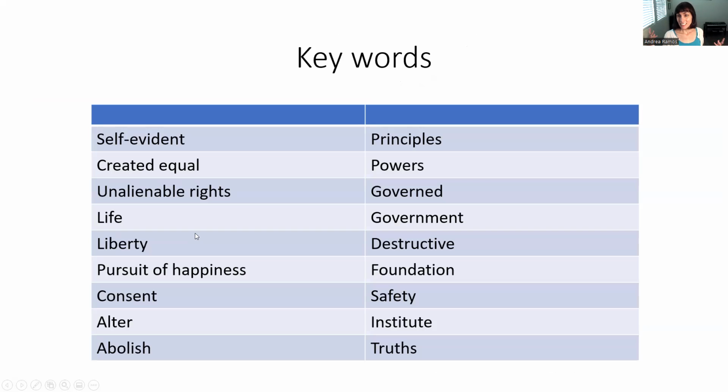So this was a declaration of war, basically, where we were going to separate ourselves from the rule of Great Britain and become our own country. And so Thomas Jefferson holds forth truths or facts, things that are true, that are self-evident. They are evident within themselves. They don't need any outside confirmation or proof. You can tell by the very statement of it that these things are true.